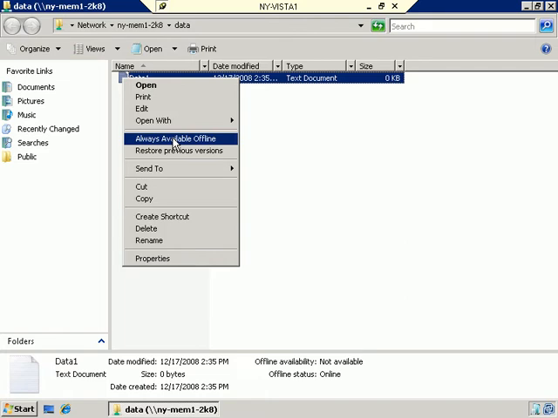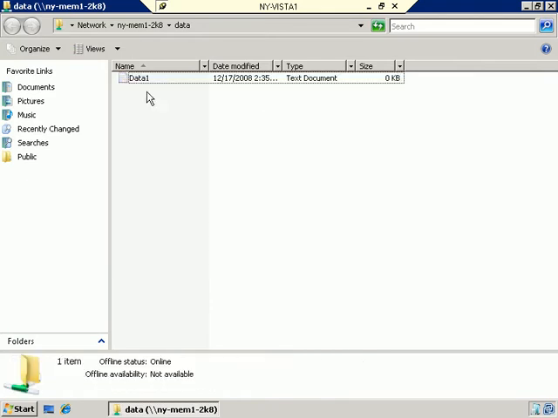That's how I manually on the client side select that this is a document that I want to have a locally cached copy. And once I do that, I will be able to access this file even if New York Member 1 is not available to me. So if I was a laptop traveling user and I'm out, let's say, up on an airplane and I don't have access to the internet, or I don't have access to remotely connect back into the office, I would be able to go ahead and open and manage this document just the same way I would if I was connected